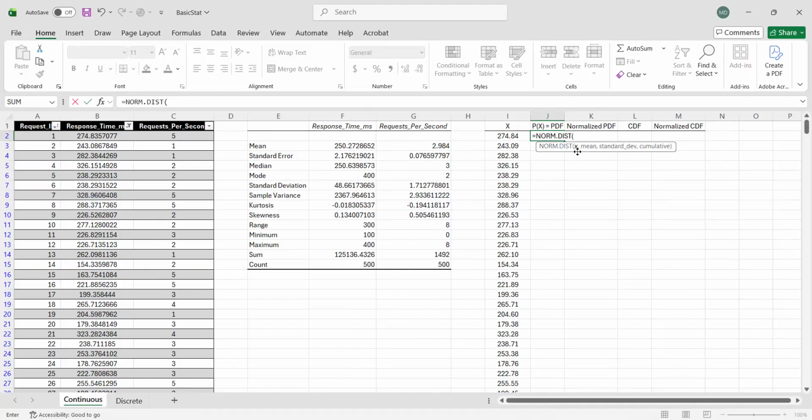Okay, so we have X, that's our observation. So we click that. And then we are asked for the mean.